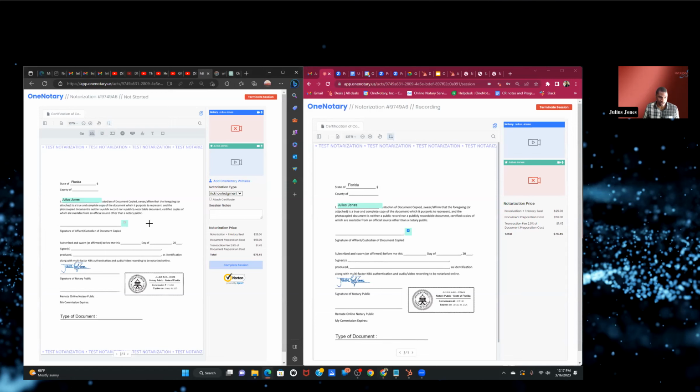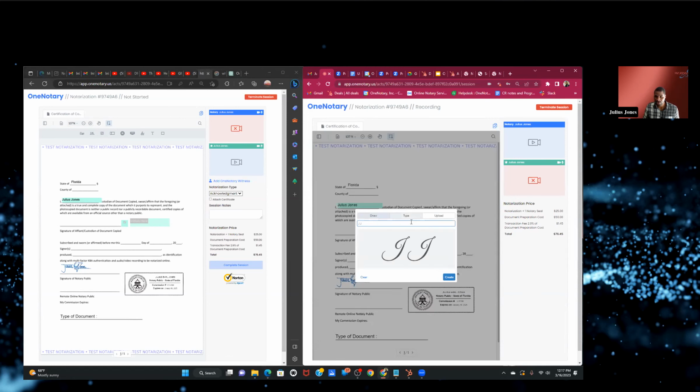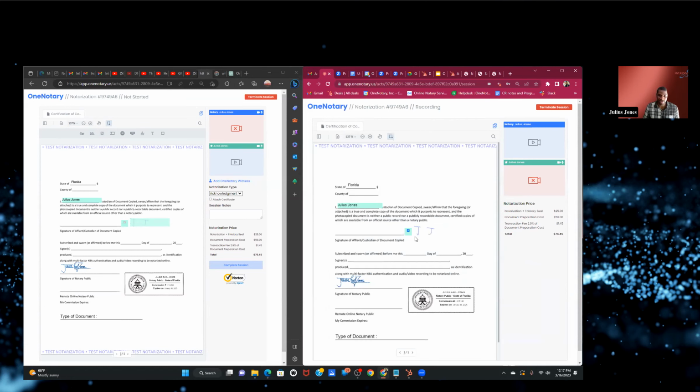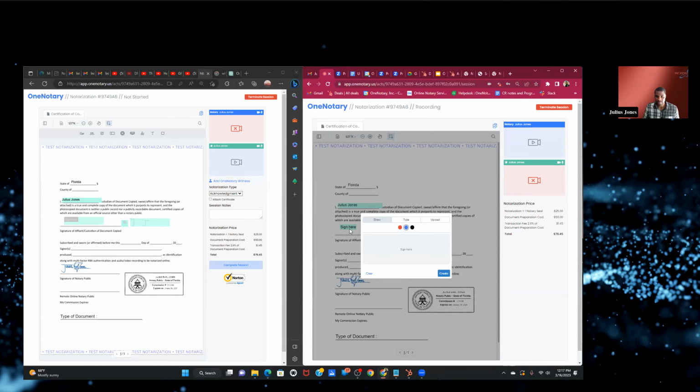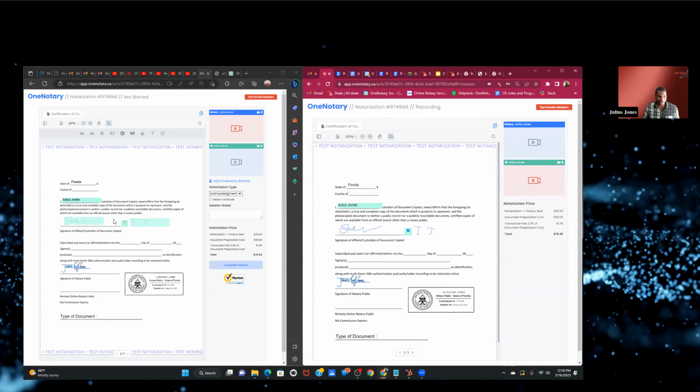Then you have the initial option. After assigning to the signer, all they have to do is click on the green little box here. They can draw their signature, type it. Some signers may have an uploaded version. Most don't, because this will be new to them. So typically they'll just go ahead and draw. If they draw, fair warning, it will not look nice. So they go ahead and click on create. The same thing for their actual signature. They click on assign, and then they'll go ahead and do their best to draw their actual signature as well, which won't look nice. So they'll click on create.